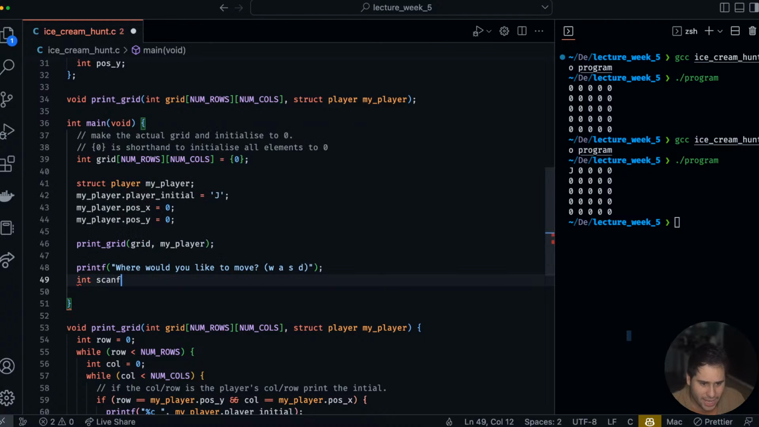So int direction to move is going to be equal to scanf. And here we have just a bit of sort of weird C code that we need to write, excuse me. We get a %, so you get a character in from the terminal because we read strings and characters from the terminal. And we're going to put that in